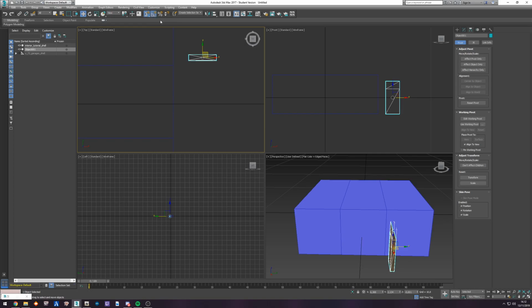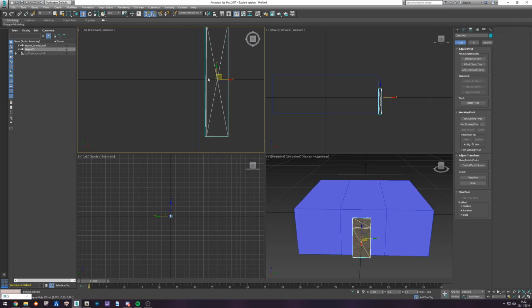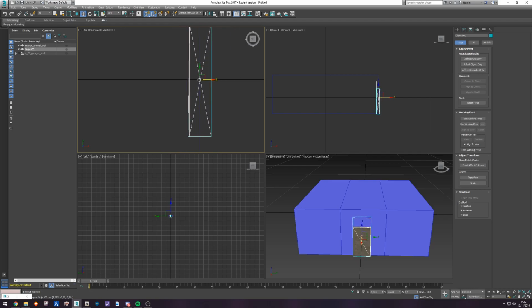Now we're going to turn on angle snapping for rotation. We're going to rotate it 90 degrees. And we're going to place it basically center. So in this case, center is the middle of this box. We have 0, 0. And we're going to just put it here because that means that we can align with